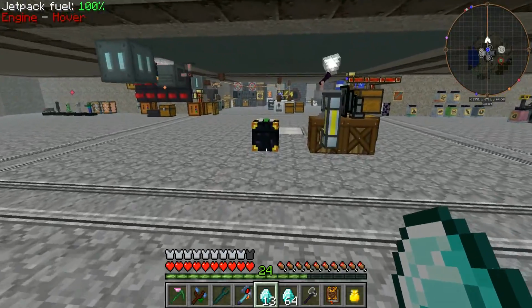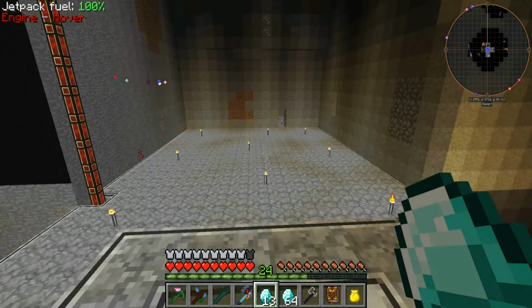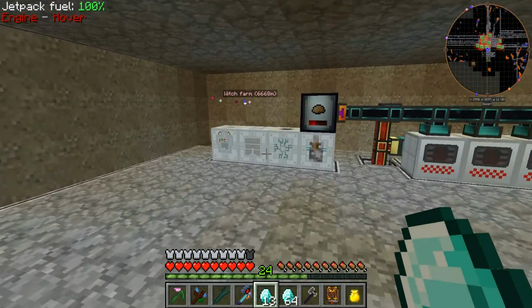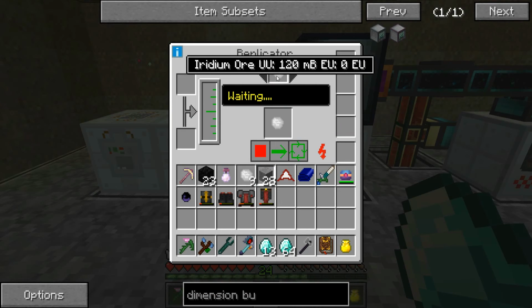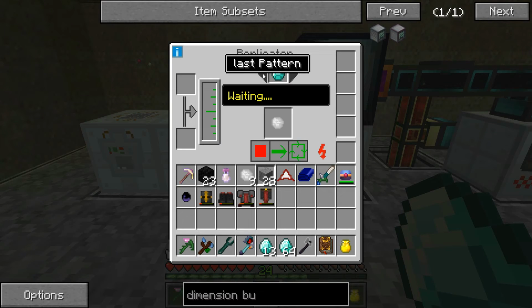And our power's not that great at the moment. So what I have actually done is we took one thing of the iridium ore, we scanned it, we put it into our pattern storage, and we have replicated it, because it doesn't actually take that much in the UU matter to be able to make these, just 120 millibuckets. And if you have a look at some of the patterns, look at that, a block of diamond takes 399, a normal diamond is 44,